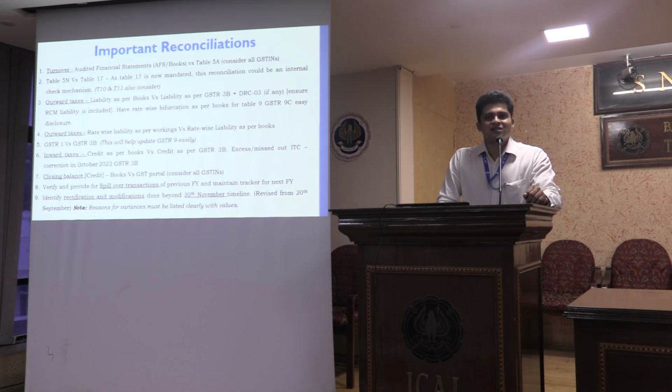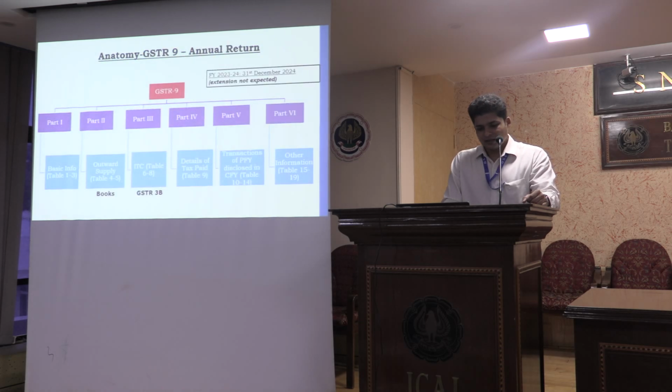Outward taxes rate-wise liability. Again, I have provided a separate list for this. Reason being, in GSTR 9C, there is a requirement to show rate-wise outward supplies and even the SEZ supplies. This requires internal tracking of outward taxes, and it should not be based on GSTR 3B in the GSTR 9C. So if we go back to this sheet, if we are disclosing the outward taxes based on books,